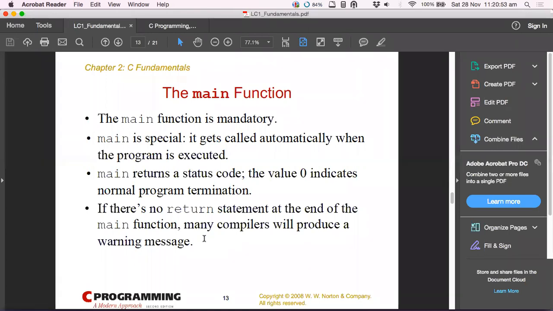Any questions? My doubt was regarding the compilation process itself. I write two functions, A and B, which I define, in one single file. So I have three functions: A, B, and main. In main I only call A. Will the compiler compile B also, or will it just compile A? If your compiler is a smart compiler, it won't. If it's a dumb compiler, it will compile the other function also which you have not called.